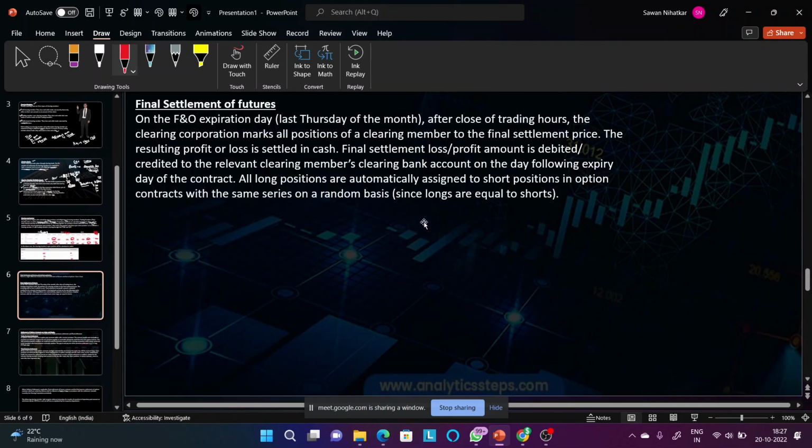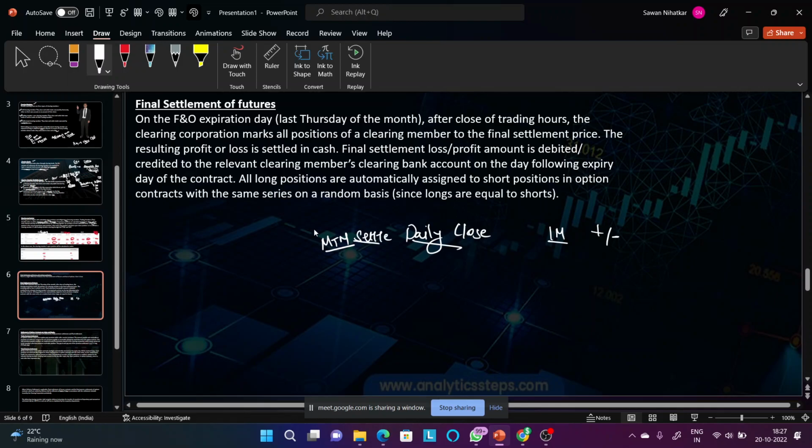Moving forward to the next slide, we have the final settlement of futures contracts. As we previously discussed, in futures contracts there is mark to market settlement. So you have something which you call mark to market settlement, which depends on the daily closing spot price. So according to your daily close, whatever initial margin you have placed, you get plus or minus on it, whatever your profit and loss is there. So that is our daily mark to market settlement for futures contracts.